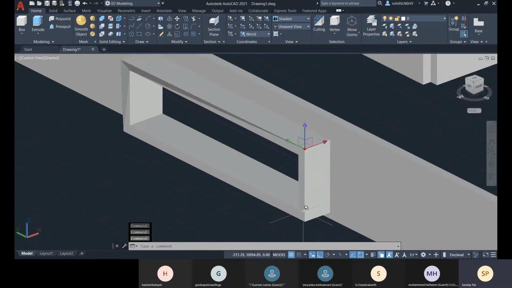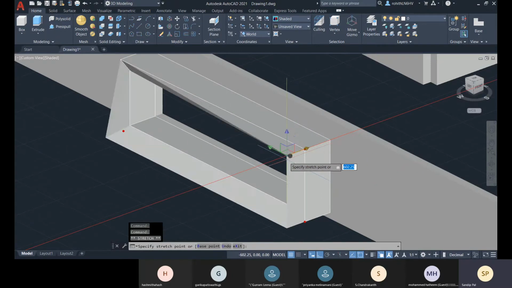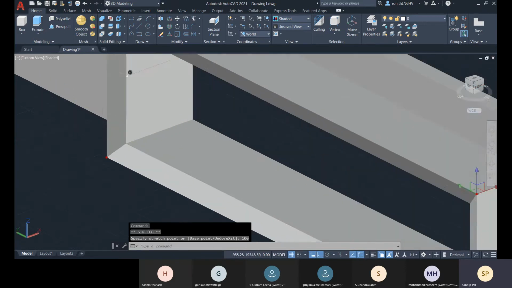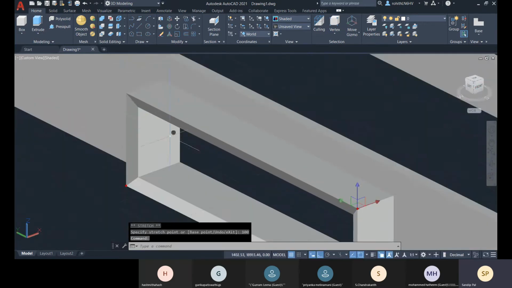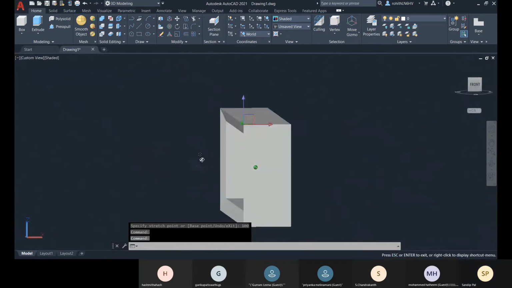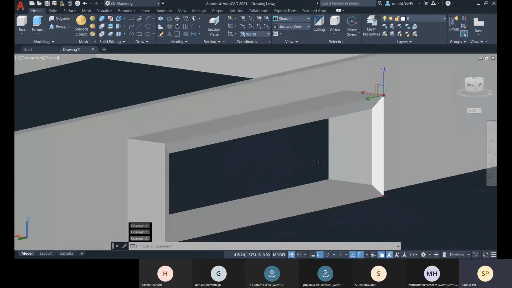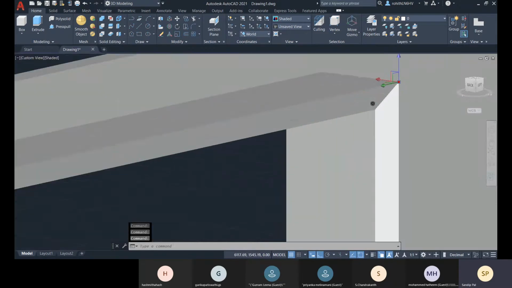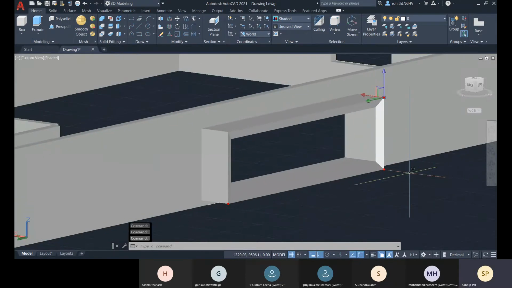If I choose this vertex and this vertex, and then move it like 100, enter, and there you can see I'm getting this. Okay, so how easy is that, right?